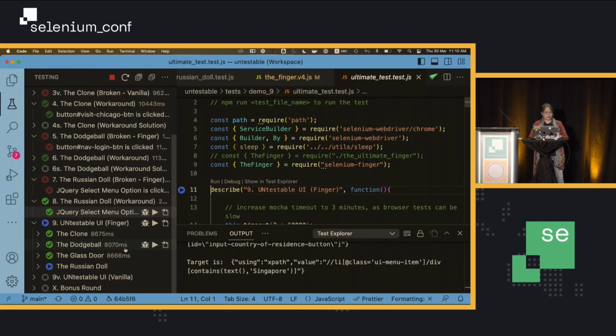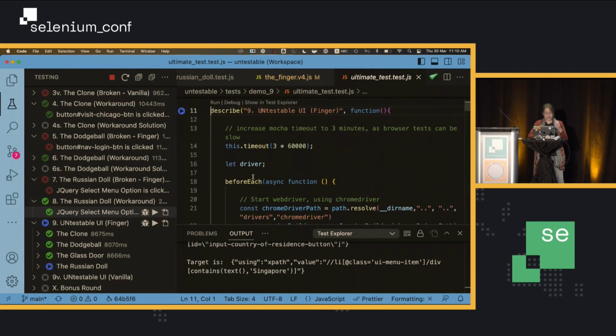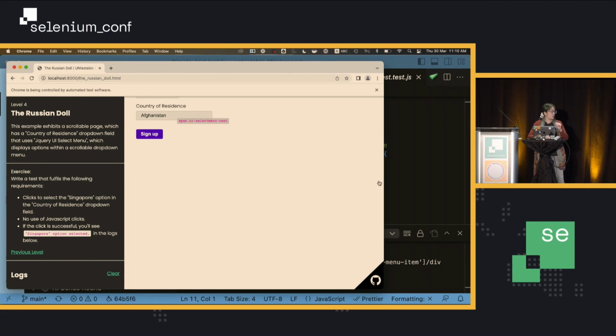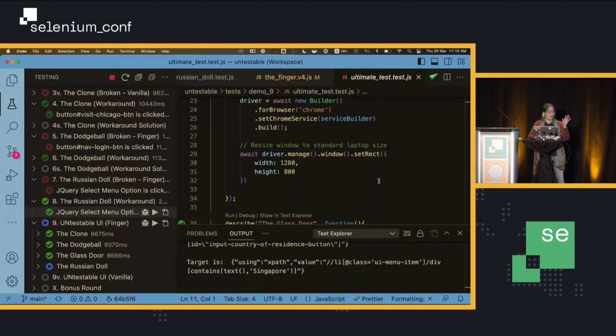Yeah, so it's opening the individual exercises and making sure that this test works across all levels. Okay, so that is the final finger.